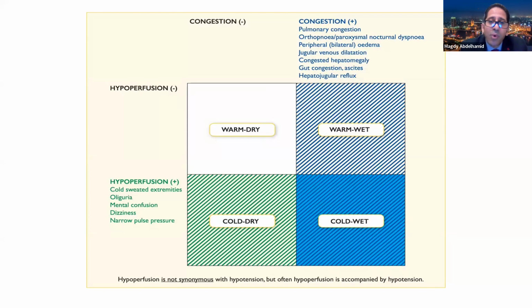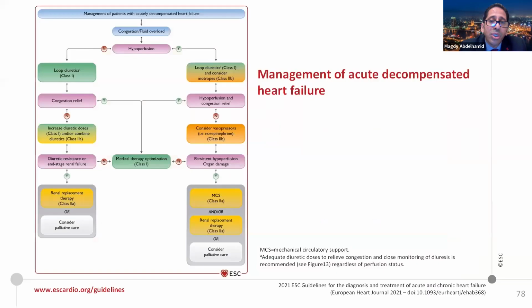So this is the complex form. But the most commonly seen in the ER, in patients presenting with acute heart failure, are patients who are well perfused but congested. So they are warm and wet. And those patients, of course, need intravenous diuretics to relieve congestion. So the management in those patients, if the patients have no hypoperfusion, is loop diuretics to relieve congestion, and if not,